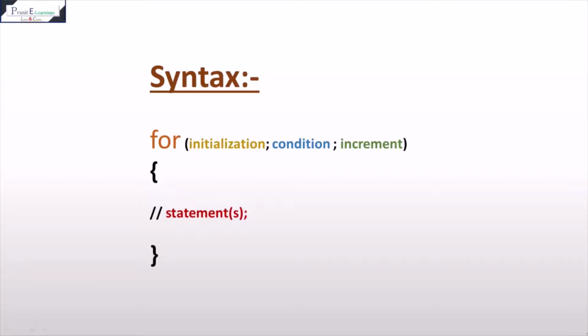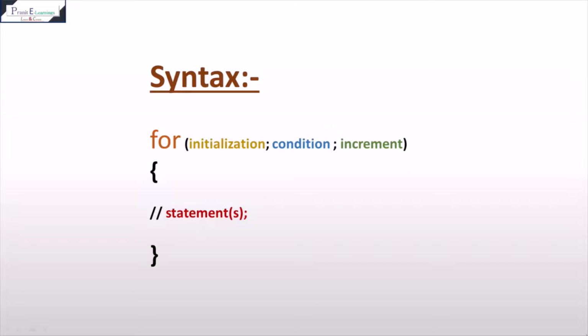Now let's see what is a for loop. You can see a simple syntax which has initialization, condition and increment, and in curly brackets we have the statements. The for statement is useful for any repetitive operation for a certain assigned value. That is, a while loop will run your program for n number of times, but a for loop will run your program for a limited time or a certain assigned value.